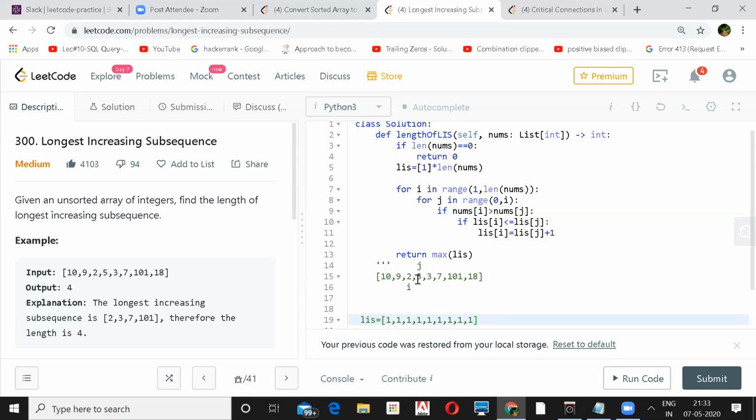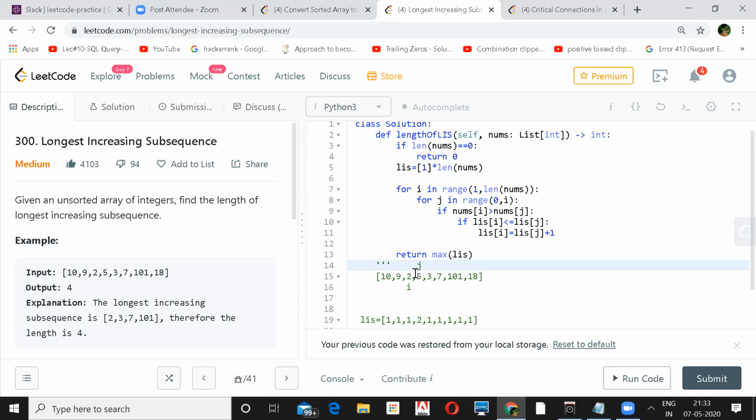Now, when you saw this 5, if you add 1 to the existing 2, at this index you'll have an increasing sequence of 2, or if you have 5 alone, then you'll have 1, and the maximum of those 2 you'll take. So the maximum of 1 and 2 will be 2. So you'll append 2 here. That's why I've appended 2 here: to the previous I've added 1 and appended.